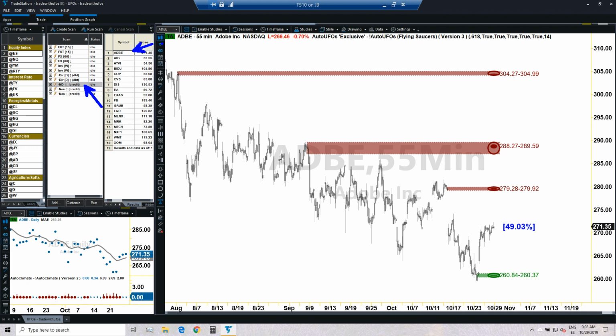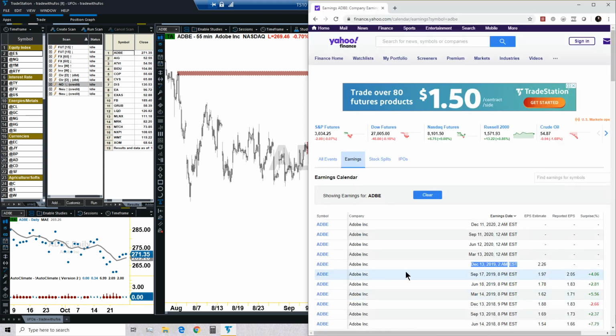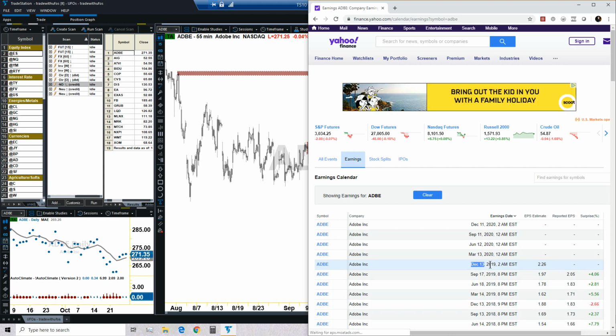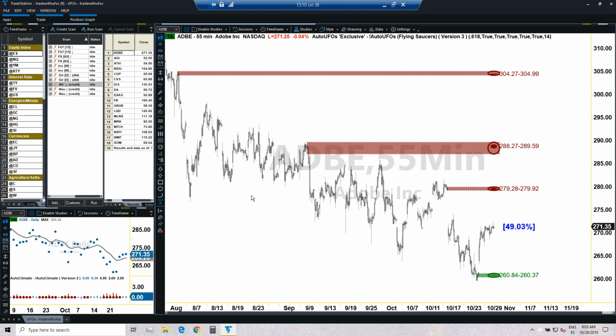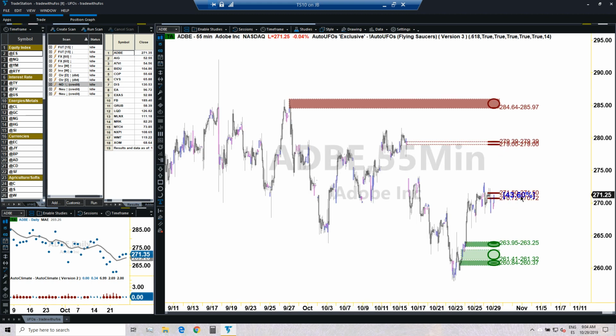But at the same time, what would be concerning is that the reason for those high levels of premiums is the earnings date. That's why we need to be aware of this date, and that is why the first step that we do when planning for trades in the stock market is to look for those earnings, so we are aware if we're going to have a surprise in the middle of the trade or it is not likely to be. Okay, so we got 49% probability with regular session for Adobe. With pre and post market, 49 becomes 43, which is worse.